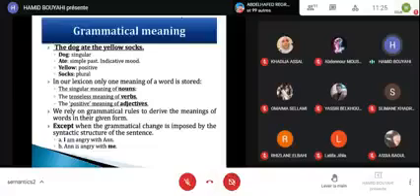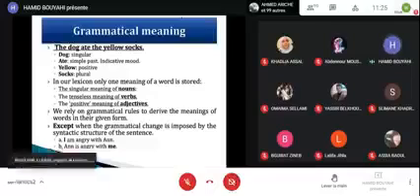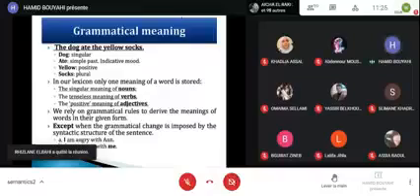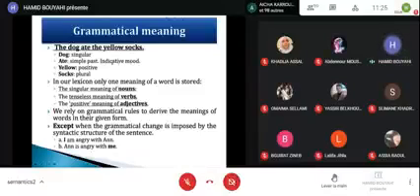So we rely on grammatical rules to derive the meaning of words in their given form, except when, as we have said, the grammatical change is imposed by the syntactic structure. At this level, we will not really explain what happens there. We explain just the elements that we see above, like the dog is singular, for instance. Is it singular? Is it plural? It depends. And ate, for instance, is in the simple past, in the indicative mood.